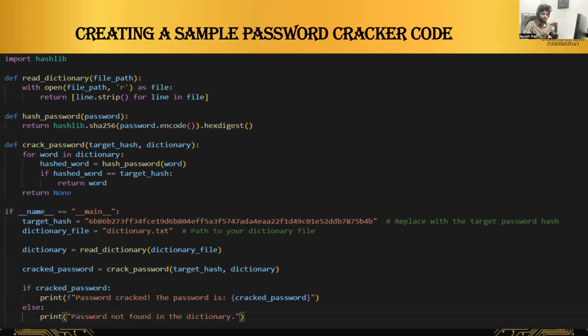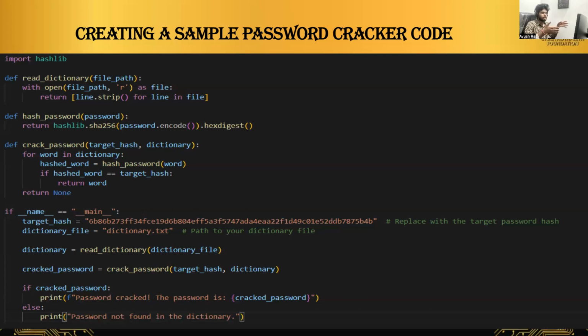I'll explain all these things, but just understand what these blocks are doing. Second one is hash password. In this step, we will convert each password from our dictionary into a hash, and then we'll move to the